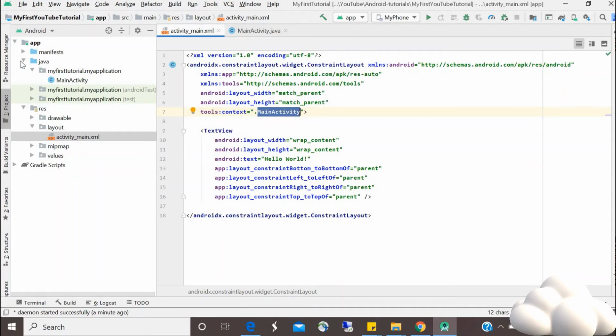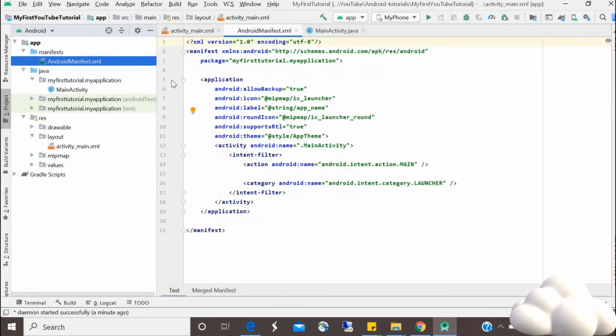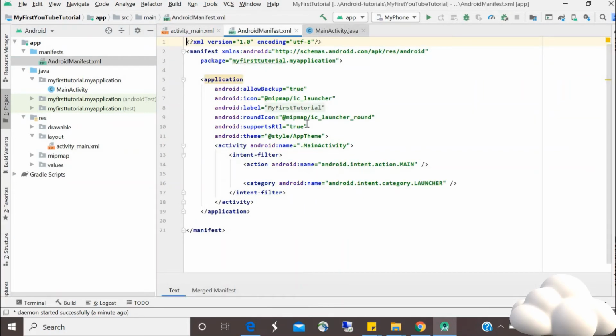And the next thing is the manifest file, which I have told you already. In this manifest file, the app name will be there. I didn't give anything earlier. You remember, first we gave the project name, which is automatically brought over here, and the main activity name is declared here. Can you see this? So whenever you are creating a new .java file, it has to be declared over here.